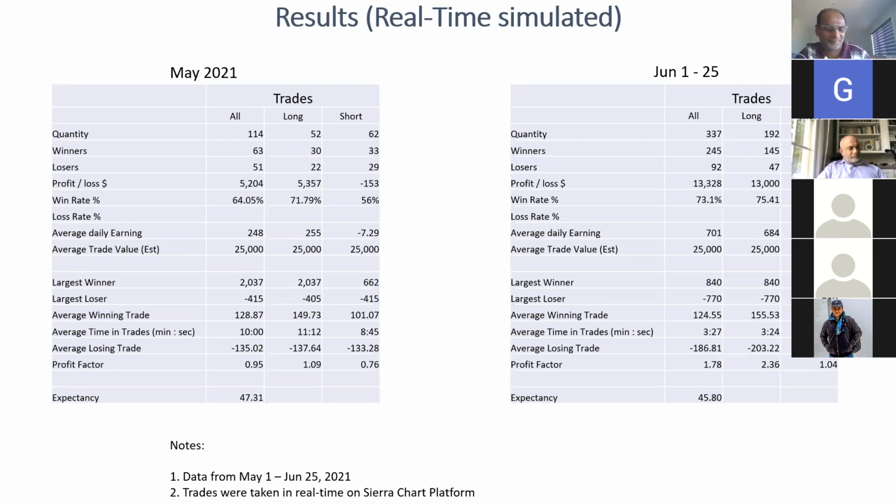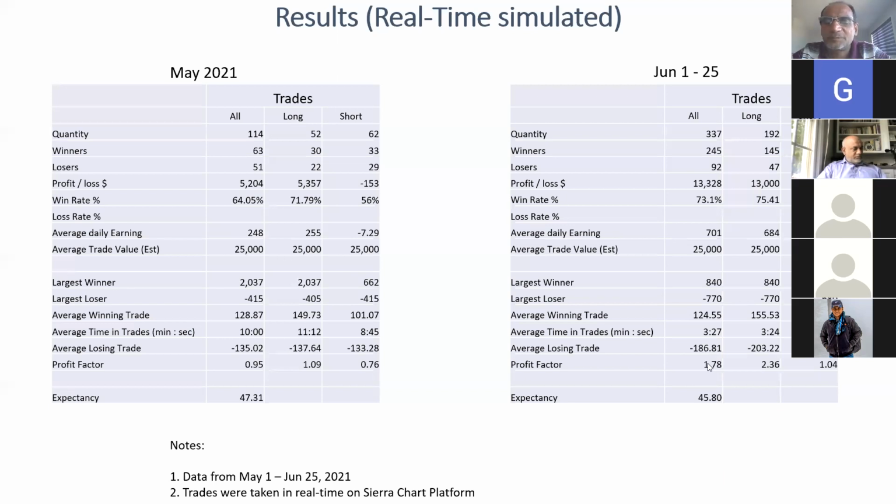Why spend so much time and money and trade 100 trades and get $328 in the whole month when the market is bullish? So 73%, 75% long. Average daily earning was $700 overall, $684 in the long, and short is just $17. Largest winner was $184. Profit factor of 1.78 means